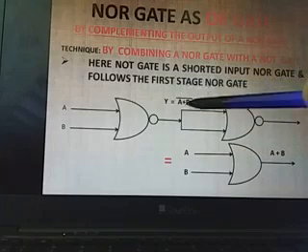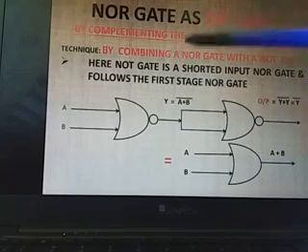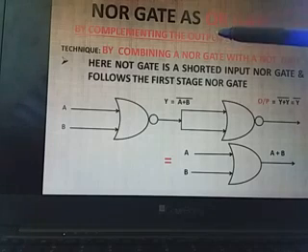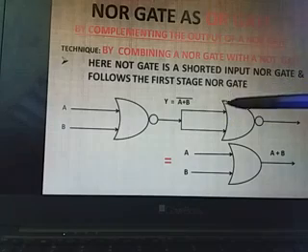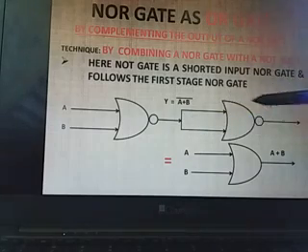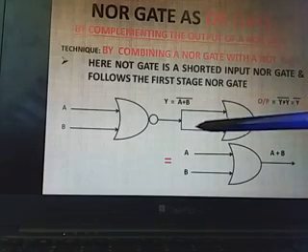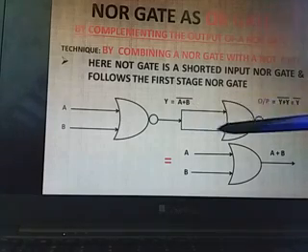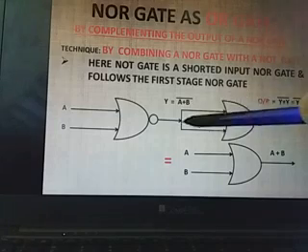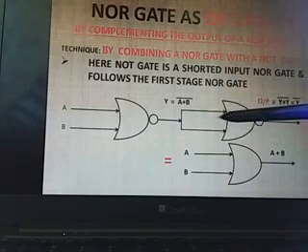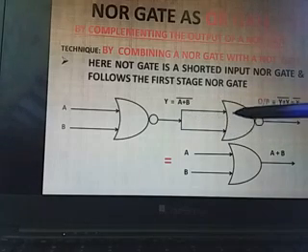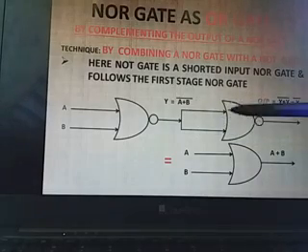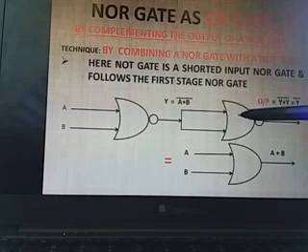In order to complement this further, I need a NOT gate. But this NOT gate is achieved from a NOR gate as well, by shorting or combining its input terminals. So this is exactly our single input NOR gate, which will work as the NOT gate, as clarified in part 1 of today's lesson.